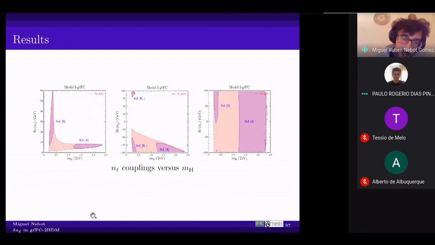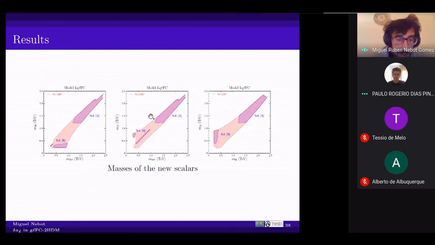If you now take a look at how these new couplings correlate with, for example, the mass of the scalar, you see more or less what you were expecting. One branch in which this scalar is light, and the other in which it can go heavy. And you see that the couplings to the electron are, as we were expecting, in one case rather contained, while in the other they can be kept quite large. And similarly, what you were expecting for the muon. And next, sorry.